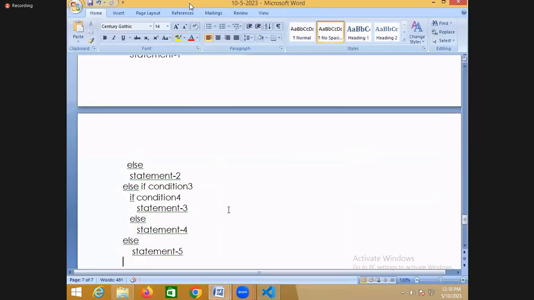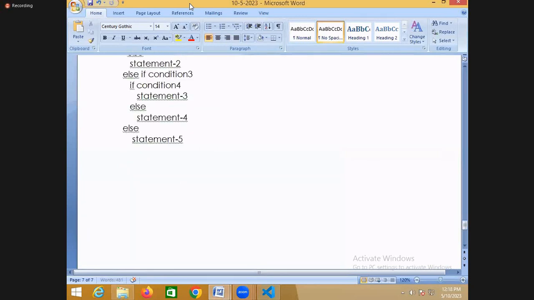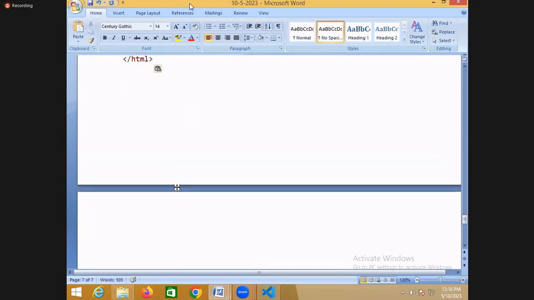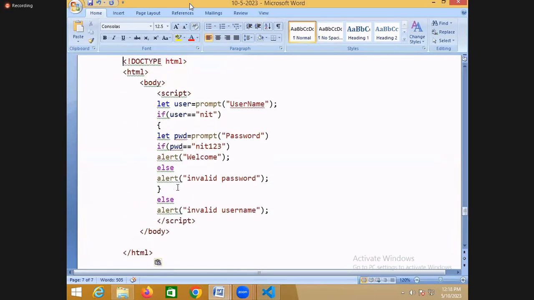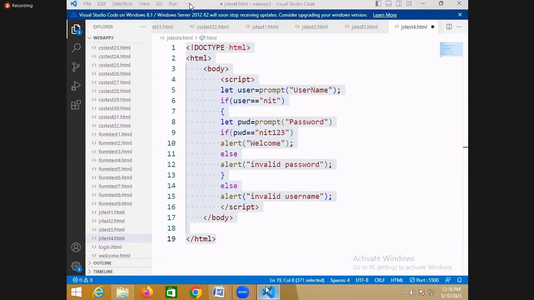Okay, now you have to understand this. How to write nested? Nested means within. See, what is nested here? Within, right? Suppose, same example, if you see,